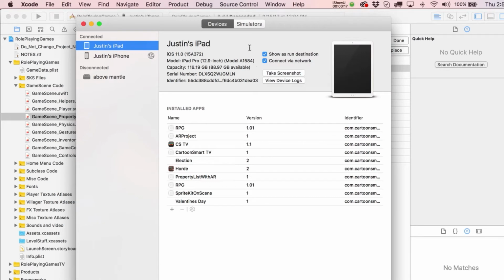You guys all know I'm not a big fan of the simulator, especially when it comes to testing anything SpriteKit related. Frame rate drops right away. So testing on your device is really essential. And it'll make you feel like, hey, this is actually working. All right, so what you got to do